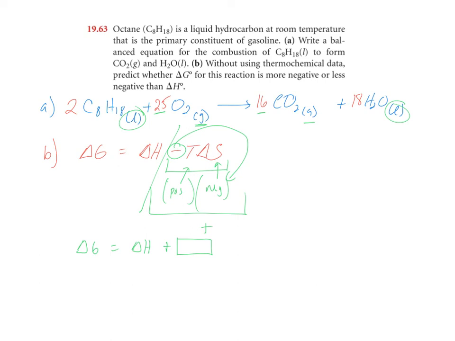Now this is a combustion reaction. We know combustion reactions are exothermic. So this has to be negative. So if we have a negative plus a positive value, delta G here, you're supposed to pick up that this is a combustion reaction. It happens pretty darn easily. Gasoline and oxygen react pretty easily, pretty spontaneously. So this should be negative. Now to make delta G negative, this negative plus this positive, this has to be a pretty large negative to eclipse this positive, making the whole thing